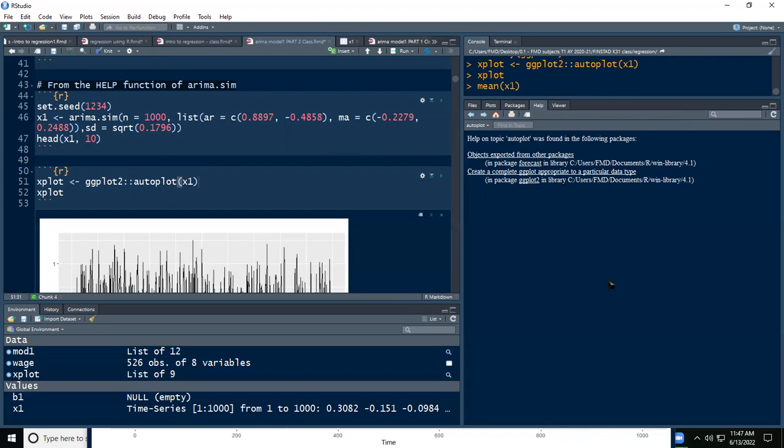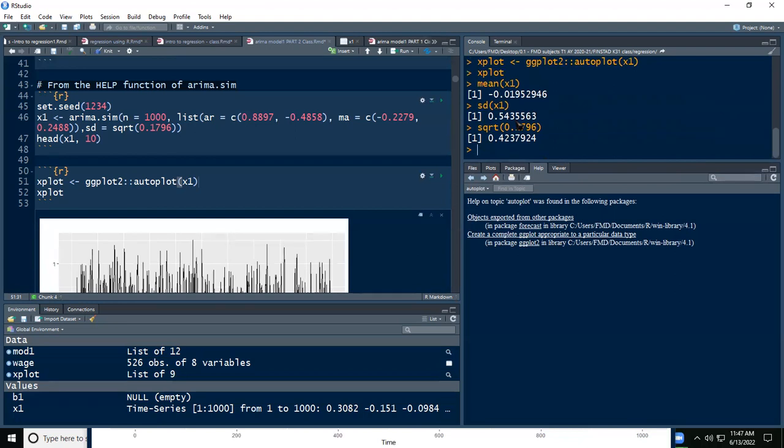Okay, so tingnan natin ano yung average mean ni X1. So practically 0, no? Tapos ano yung standard deviation ni X1? Standard deviation niya is the square root of 0.1796, which is 0.42.